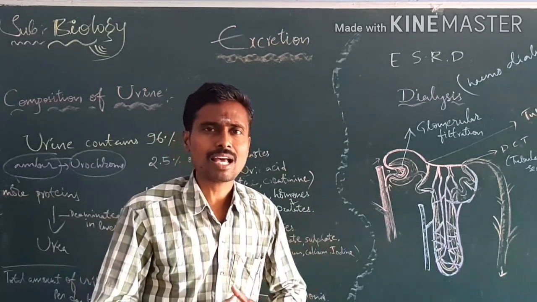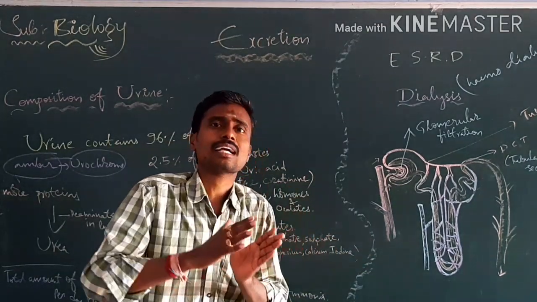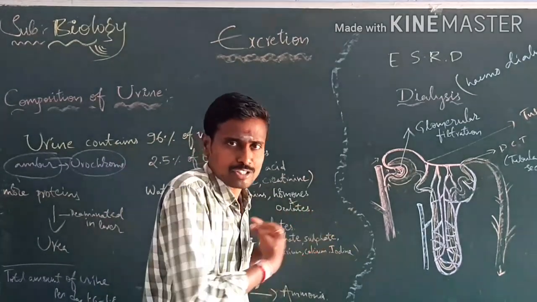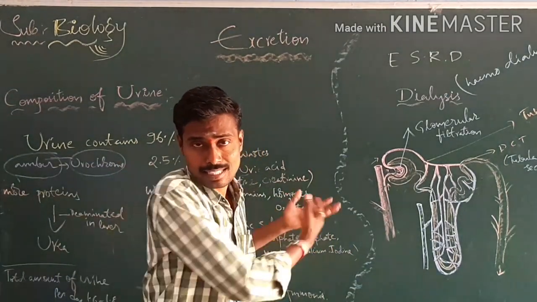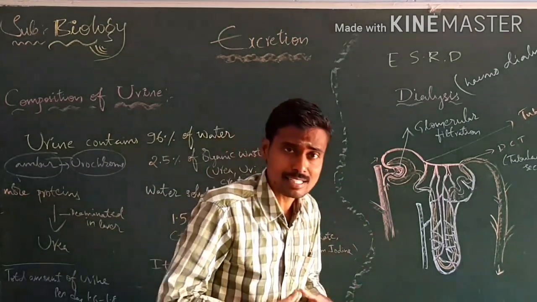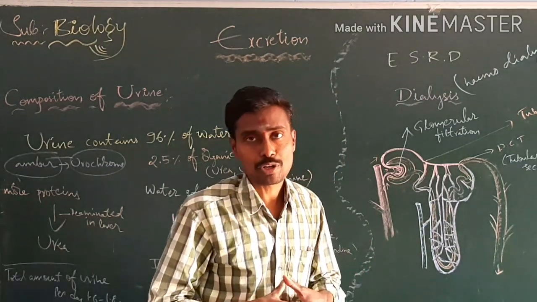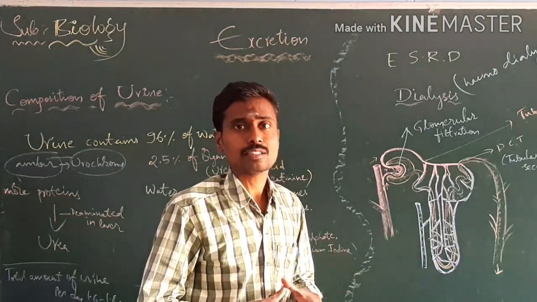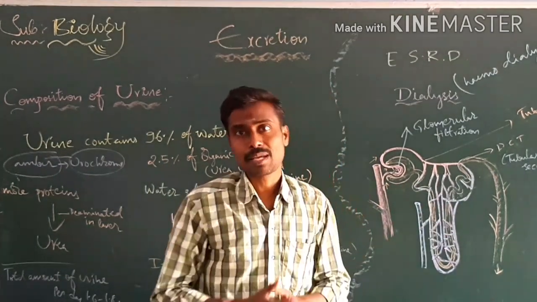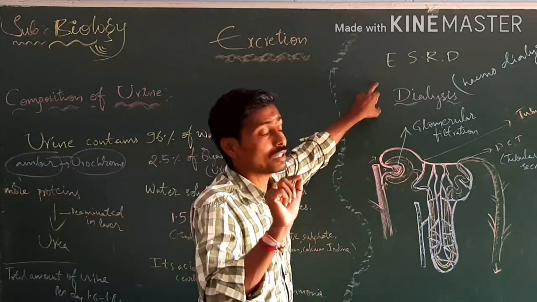What is the meaning of dialysis? Dialysis is nothing but a kind of artificial filtration. Kidneys are natural filters present in our body, but if the kidneys are not functioning, then we have to go for dialysis. How is dialysis done? It is done in hospital under the supervision of a doctor. Let us see how dialysis is going on in kidney patients. One more thing I would like to remind you. What do we call that position?